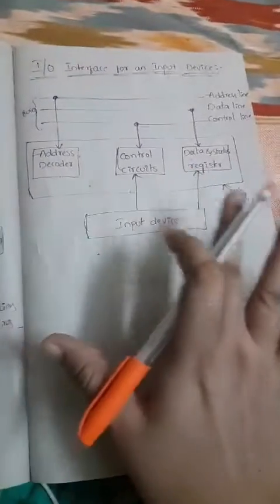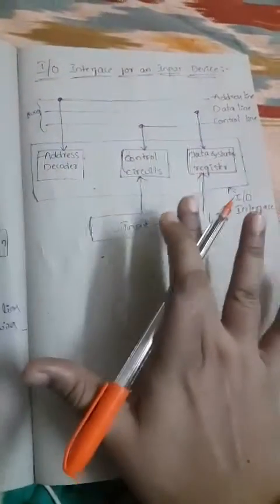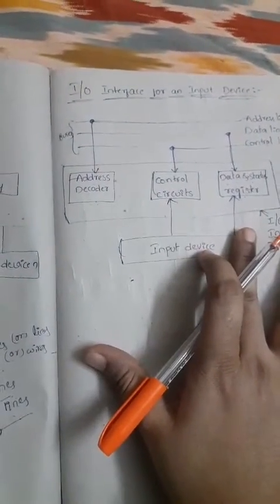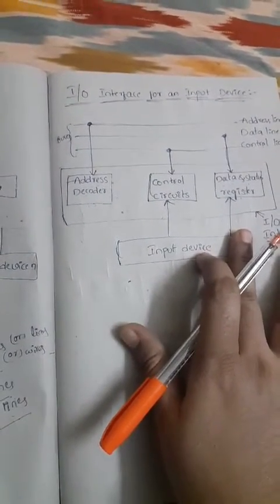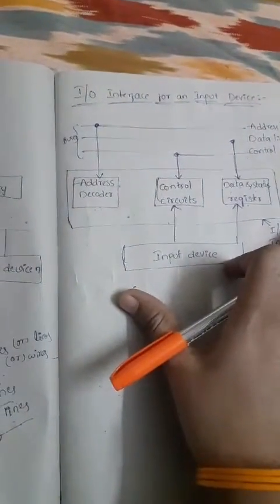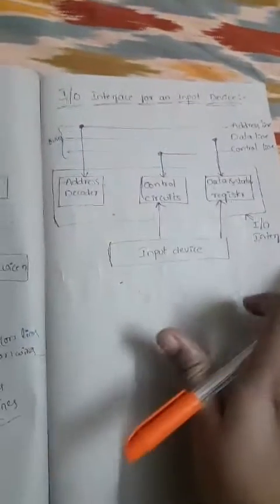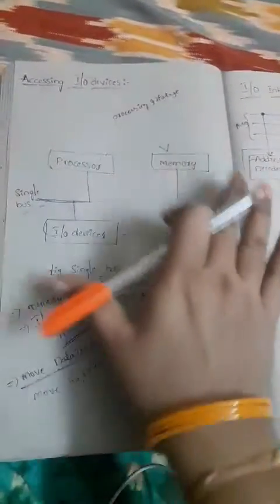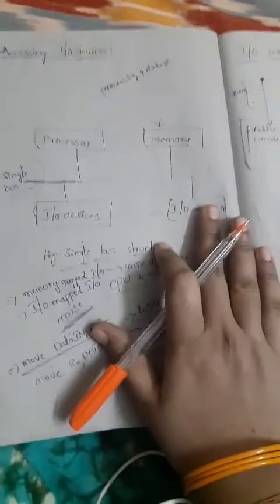So this is the explanation about accessing of input output devices. That constitutes the device interfacing for input output devices. You already know this explanation of accessing IO devices, the complete explanation about input output devices with the help of processor and main memory. We already discussed this concept in the first unit, so just refer to the first unit notes, and you can understand easily.